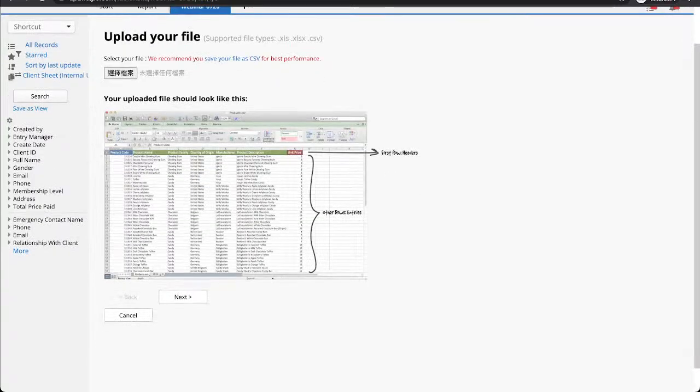You can select the Excel file you'd like to import, but make sure that your file is formatted correctly, meaning that the first row must be the field headers, and all the other records must follow, each as its own individual record. So one row beneath the first row will be one record, the second row will be another record, etc. Make sure your Excel file is formatted correctly, or else you won't be able to import your data.